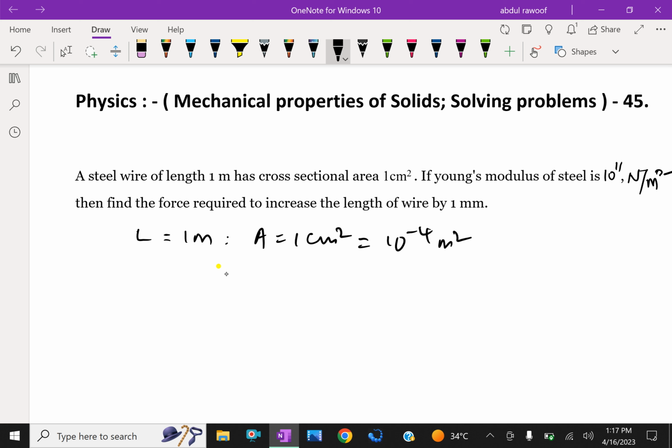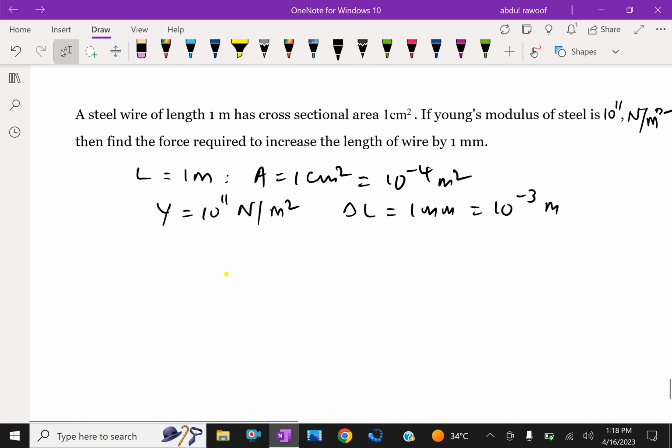The modulus of steel, that is Young's modulus, Y equal 10 power 11 Newton per meter square. Then find the force required to increase the length of the wire by 1 mm, that is delta L equal 1 mm, which is equal 10 power minus 3 meter. Now,